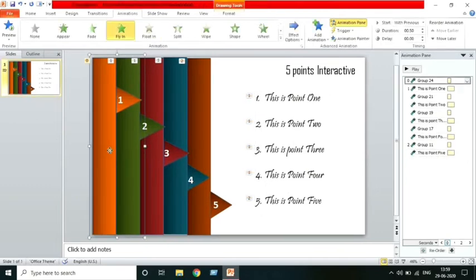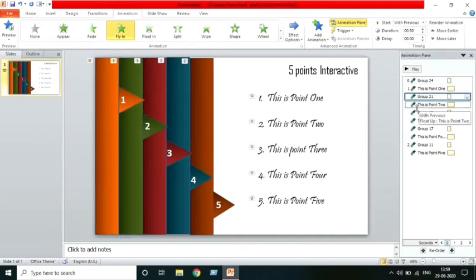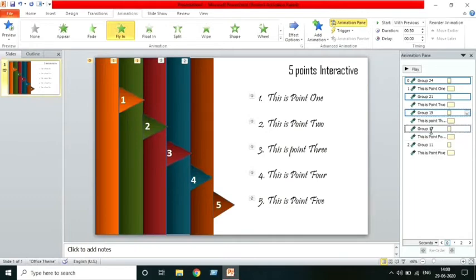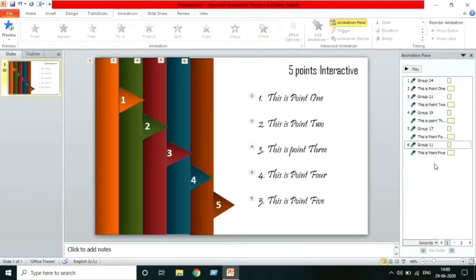So accordingly once you click here, this group will be selected. So this is our first animation we want to appear on our slideshow, and immediately after that this should appear. Then again this should appear, likewise. So now when we add this, we also need to add some events to it. So let's select all these groups, hit the control key, keep it pressed, select all the groups first. After selecting all the groups, right click. After right click, you can see the very first option, that is start on click. So we can simply click on start on click. So automatically on click these animations will be played.